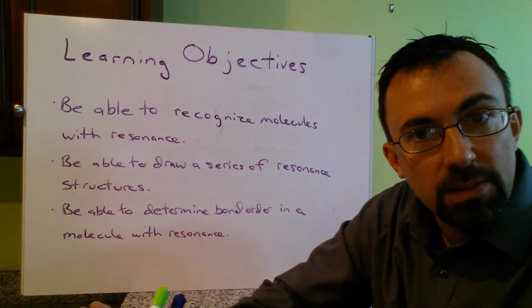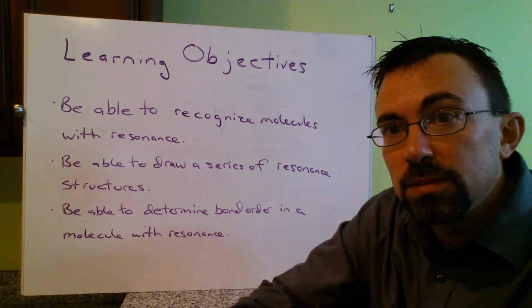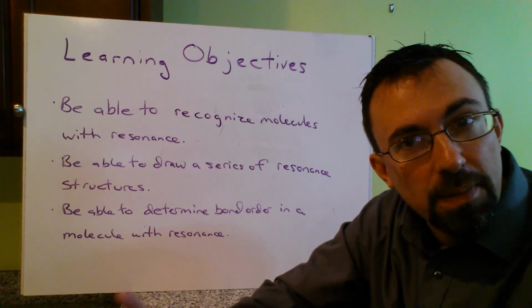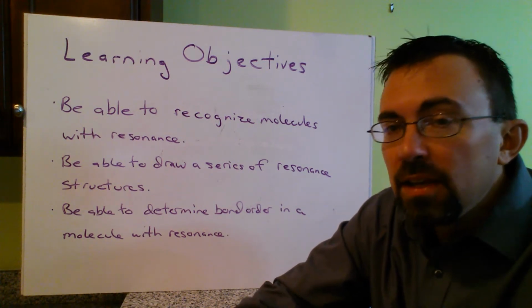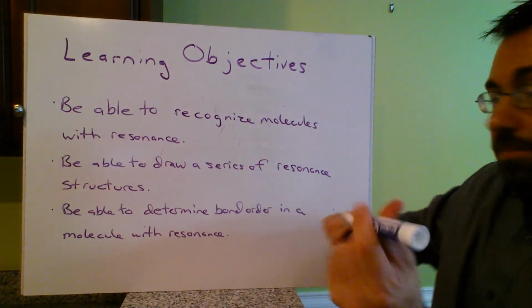This is another one-topic video. The topic here is resonance, and how do we explain some experimental data that seems to not match our Lewis dot structures? So for example, if I were to draw out carbonate,